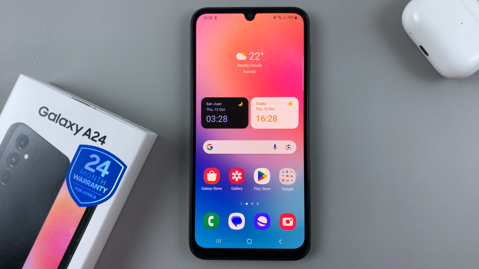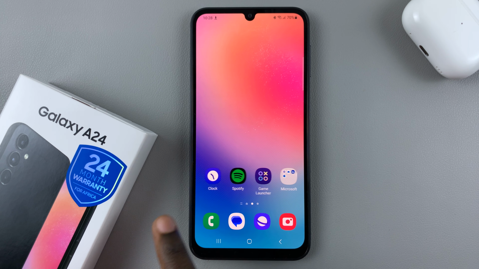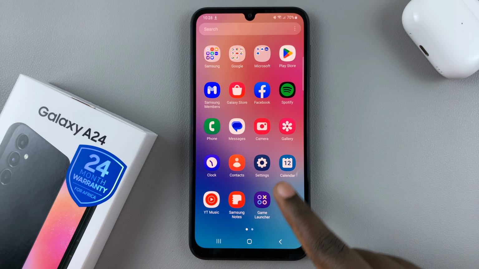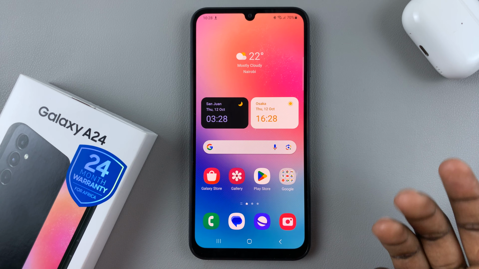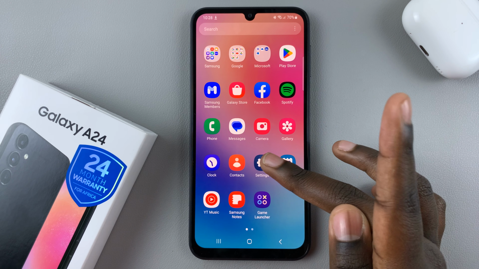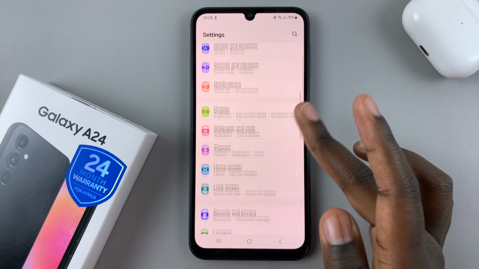In today's video, I'll be showing you how to change the system language to a different one on your Samsung Galaxy A24. So, as you can see, my system language is currently set to English. If I want to change it to a different language, I will first open Settings, and under Settings, scroll down